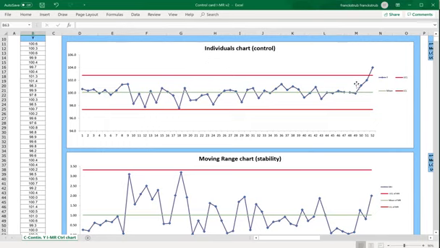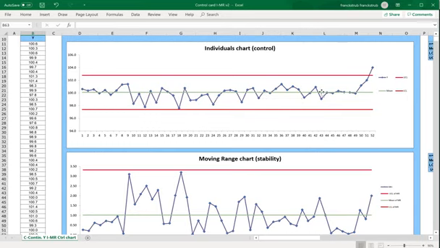We say that when you have points within the control limits, it's a very simple rule, you are, statistically speaking, in control. Here it's not the case. You have one point, the last one I added in the column Y, which is outside the 3 standard deviations around the mean, meaning you are out of control. And it's also very interesting because it means that you are out of control because of a special cause, if we follow the Shewhart theory. So you have to investigate why, and this is why it's called a control chart.